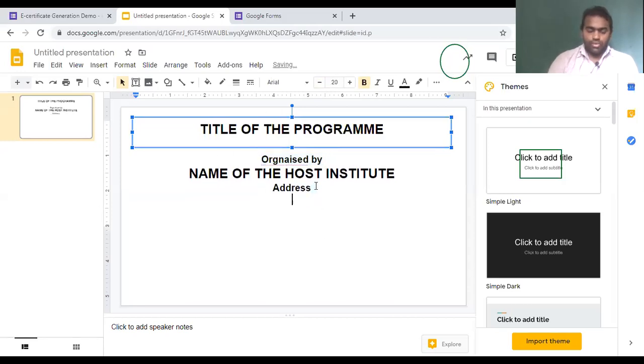Okay, now you can add, this is the certificate format.